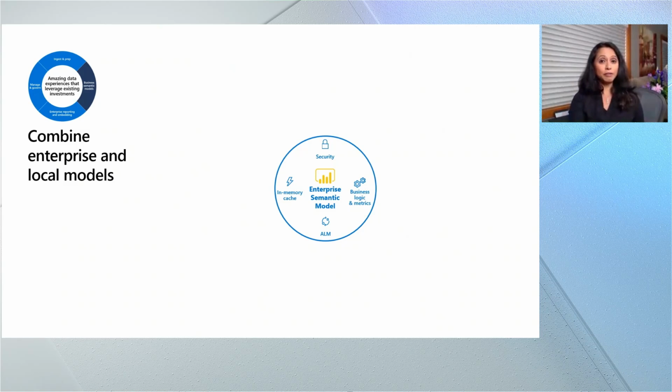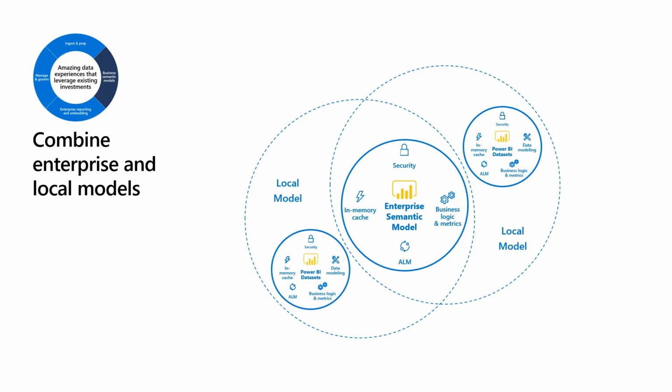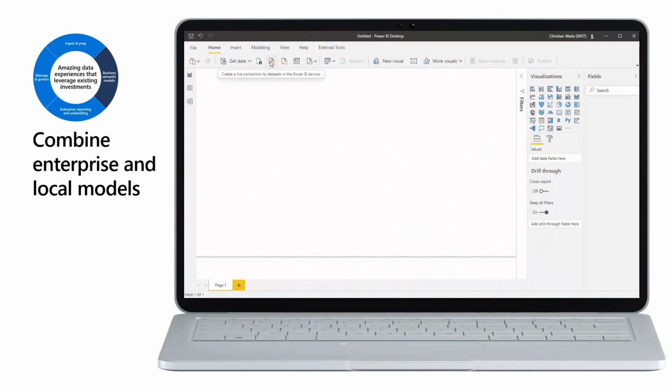We're actually simplifying that with a feature we're bringing out to you later this summer called composite models, where you will be able to do exactly that. Use your enterprise semantic model, bring in your local model, and create local definitions. And if you want, these local models can be contributed back to the enterprise semantic model. A very simple example here, again, that I'm going to walk through,